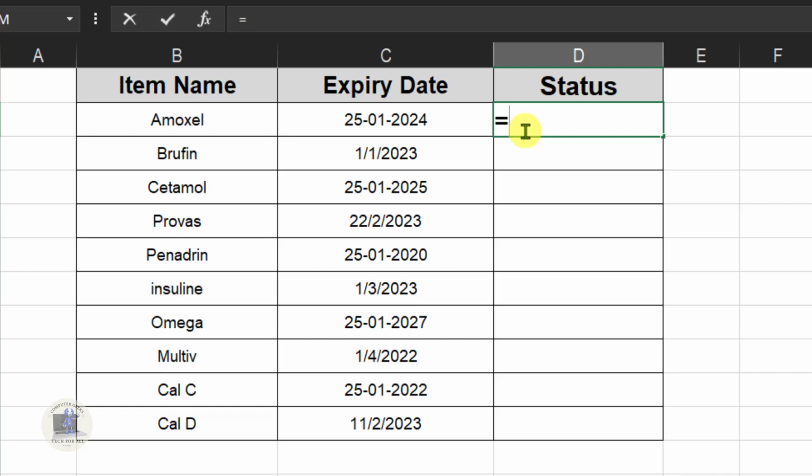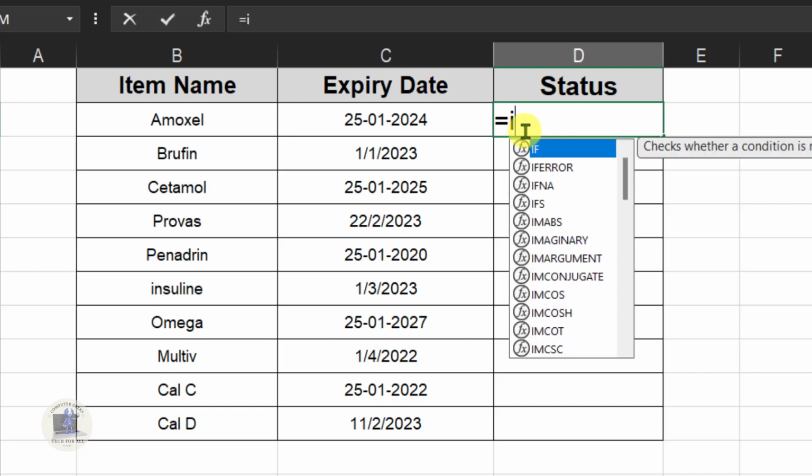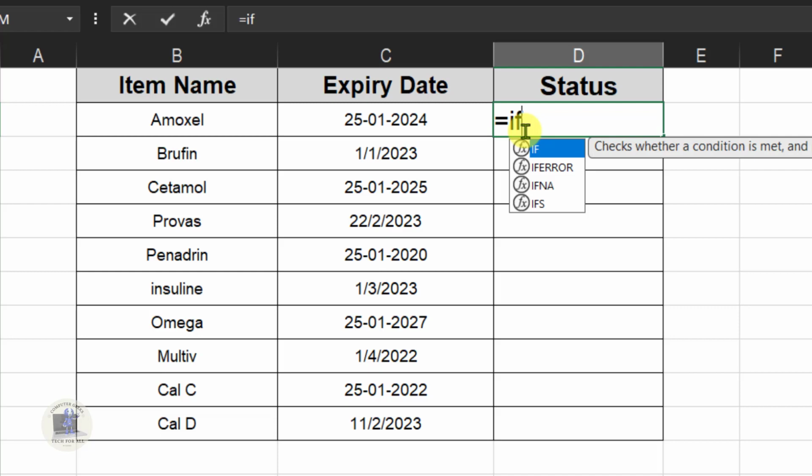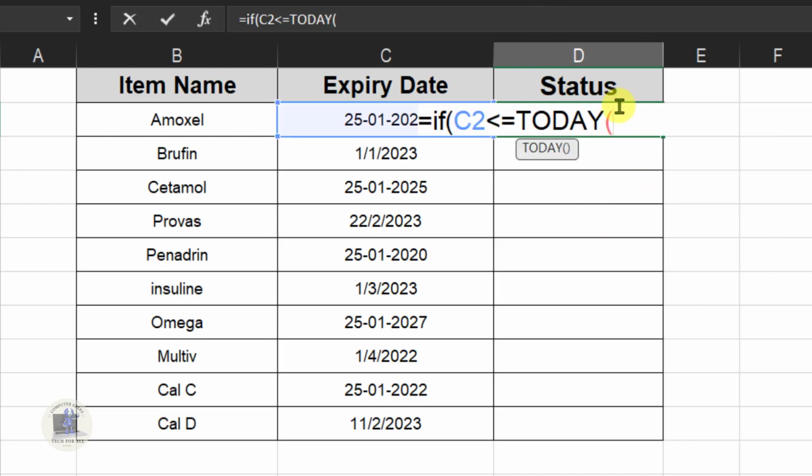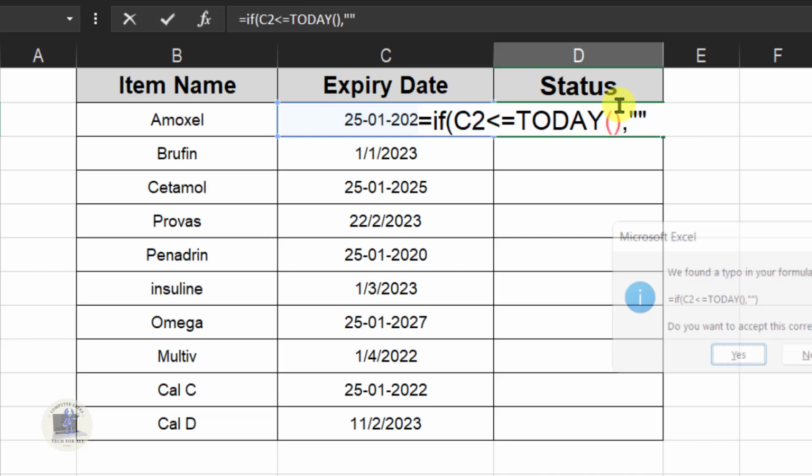So the IF formula for this purpose: IF, this is the logical test, this C2 less than or equal to today's date. This is TODAY. Then the medicine will be